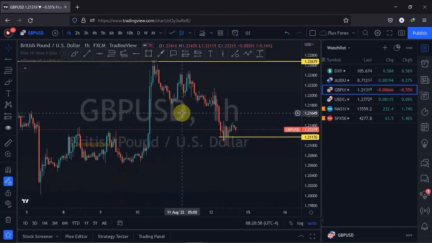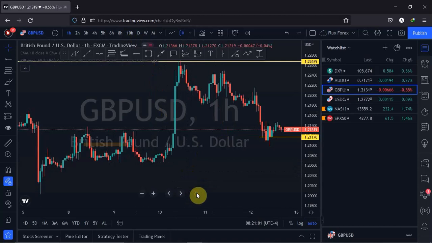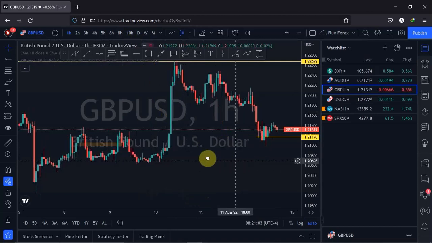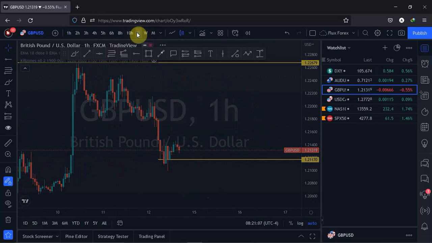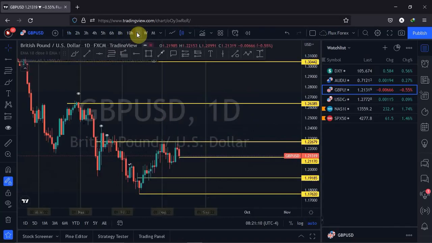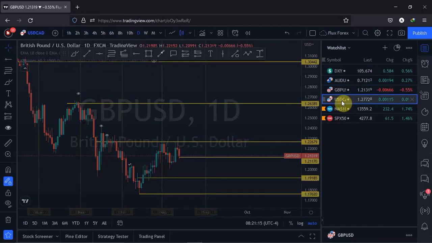So going into next week, be very watchful on how the dollar index is going to react. That is going to give you a clear indication as to what is going to happen on the other markets. So far as the USD is concerned, let's look at what is happening on USDCAD.